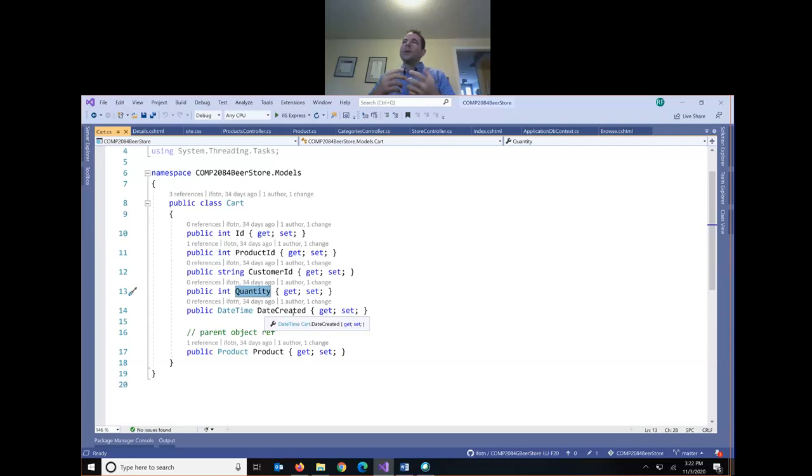So when someone's shopping, they put something in their cart, we want to know what product they picked, what the quantity is. There's one other important piece of information. Yeah, Mitch, you're on the right track. Right. So for this particular product, we want to know the price. And the reason we want to store the price is that the prices can change. So we can't just look up the current